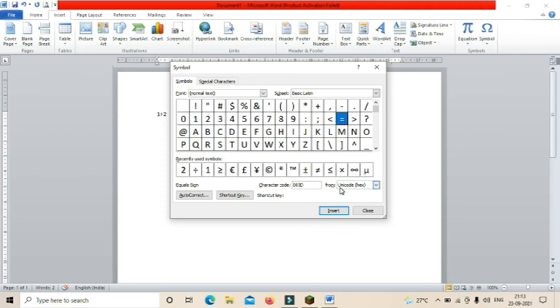All these symbols are available on the keyboard, but some other symbols like less than or equal to, or the copyright sign, and exponents are not available on the keyboard. So the symbols option is used to place symbols in our document. Okay, children, this is the last option under the insert tab.